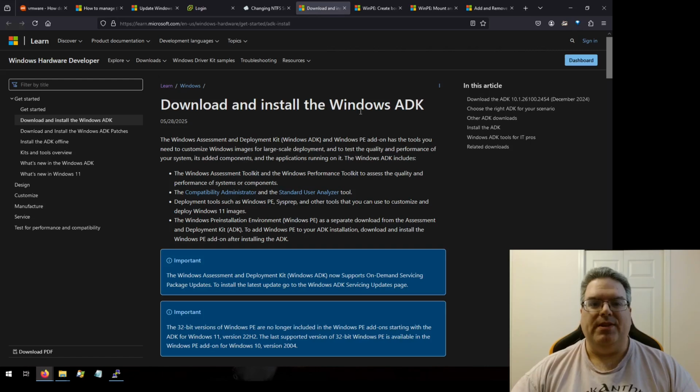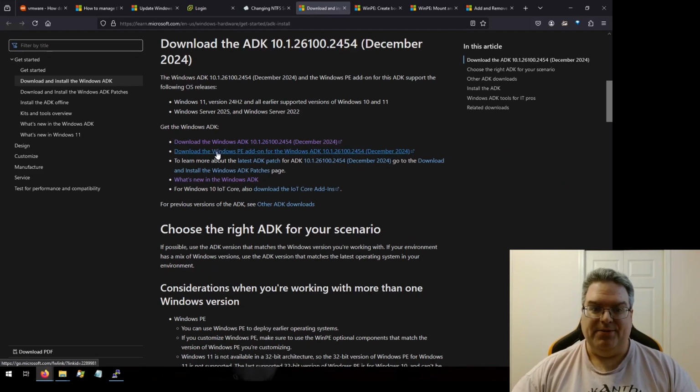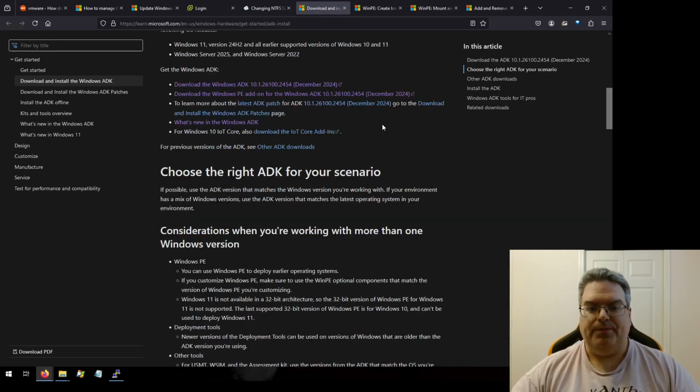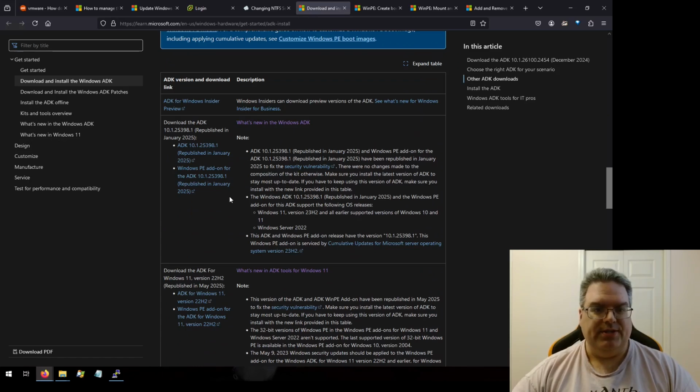First thing that you'll want to do is take a look at downloading and installing the Windows ADK. Not just the ADK, but you also need the Windows PE add-on. This is the December 2024 version. At the time of filming, this is the most recent version available. There are others,